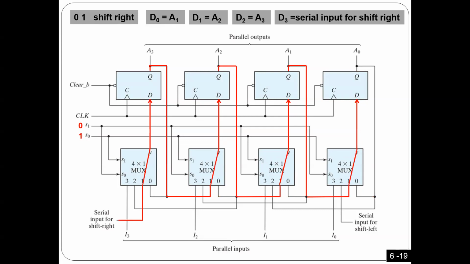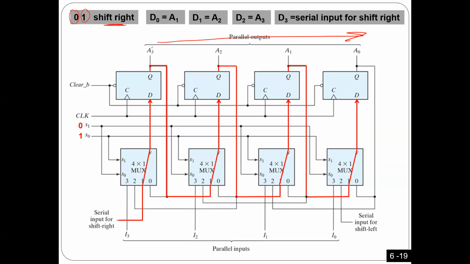Now, if I put 1, 0, I have to make shift right. Shift right means it has to move this way. Very simple. If you put 1, 0 here, that means all the multiplexers are connected to pin number 1: pin number 1, pin number 1, pin number 1. So the question is, what should I put in pin number 1 in order to make shift right? Very simple. To make shift right